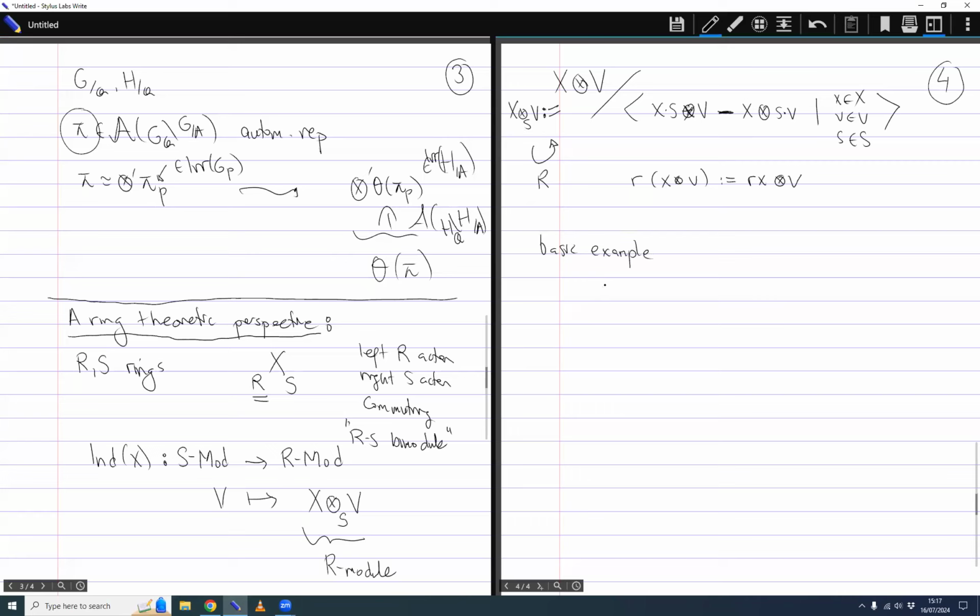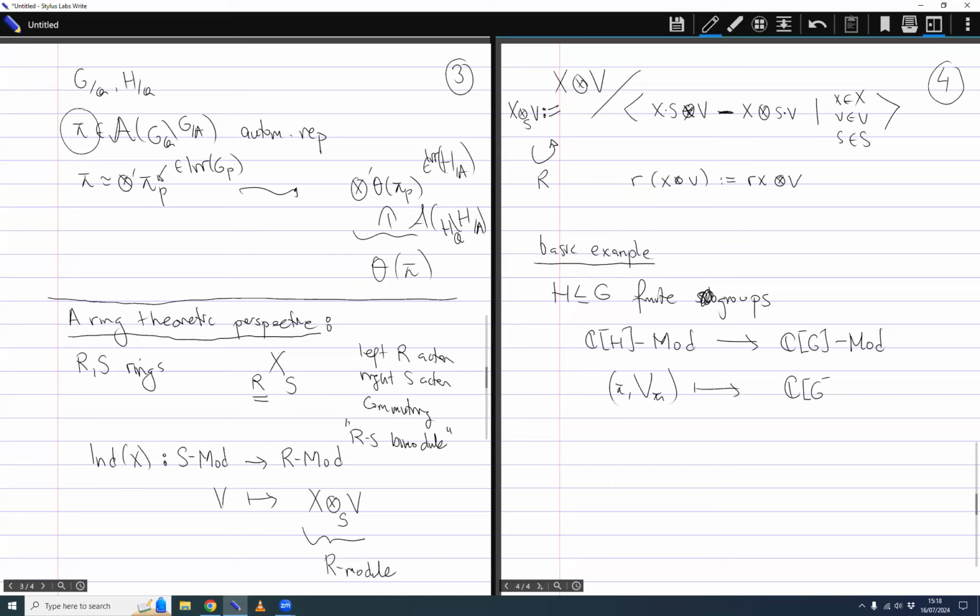This example goes back to the 50s. Think of two finite groups, H and G, one a subgroup of the other. You can look at the modules for the small group and go to the modules for the big group, the group algebra of the big group. So take a representation of H, view it as a module over the group algebra, and I'm going to send it to